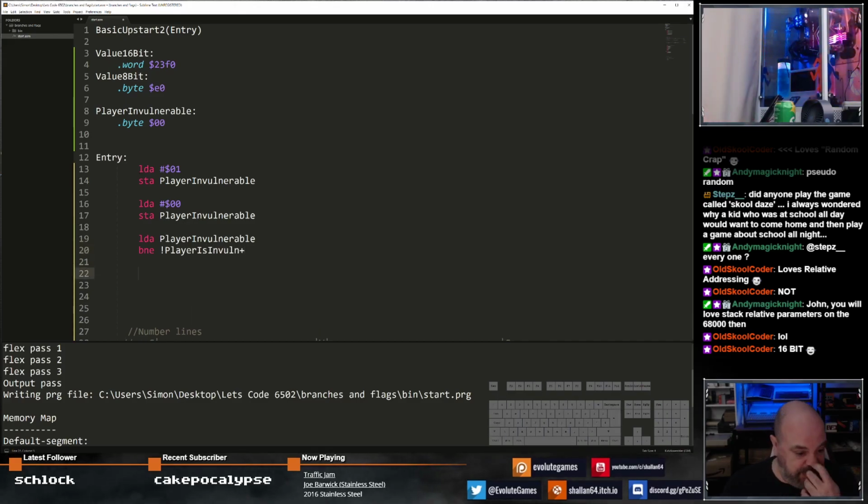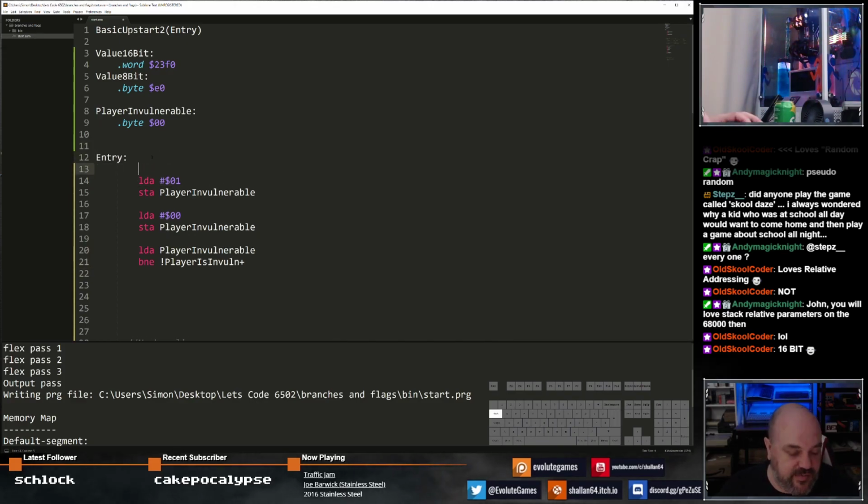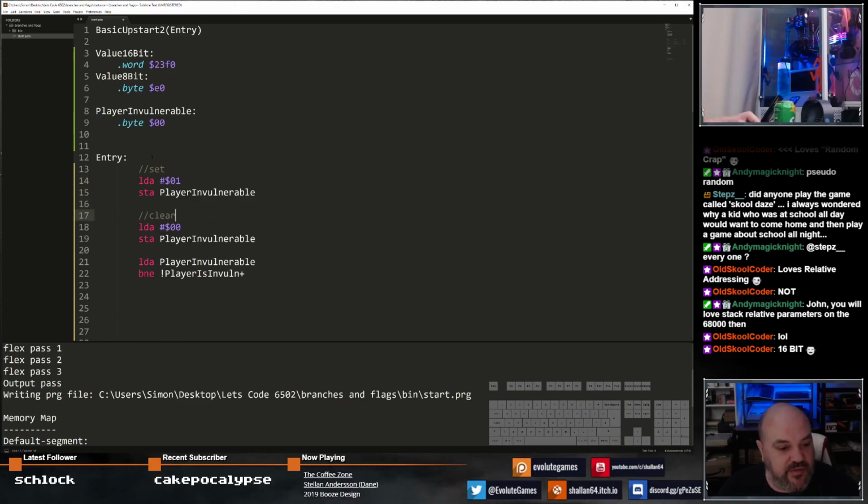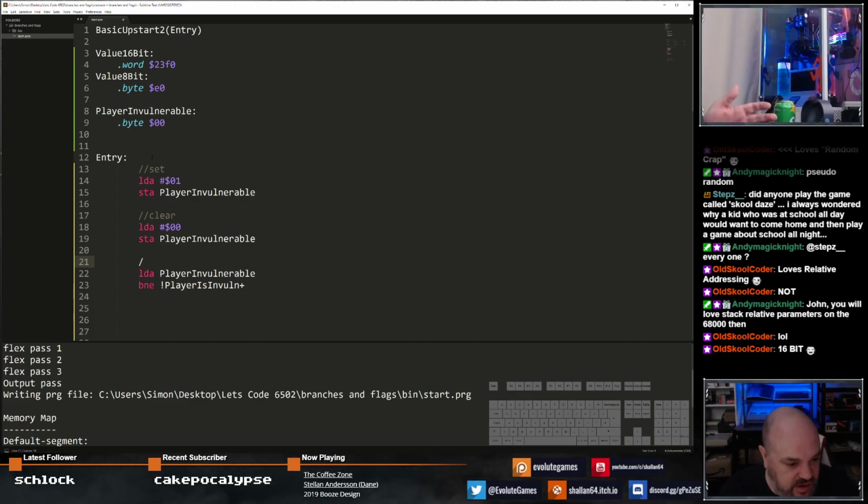Like so, right? So that's quite a common way of doing flags. But what I learned today, let's put these in here, was a different way of doing this. If you're going to waste a whole byte to store one value like that, then it doesn't really matter which bit you set, as long as the value is 0 or non-zero, then this will work. So what I've seen as a speed way of doing this is instead of setting 1 to the value,